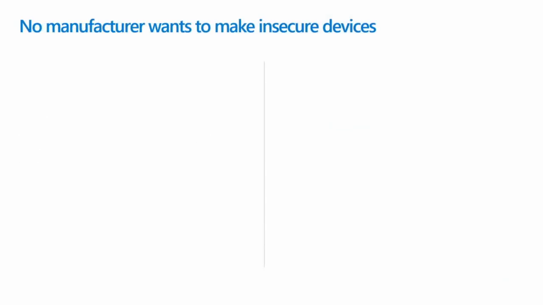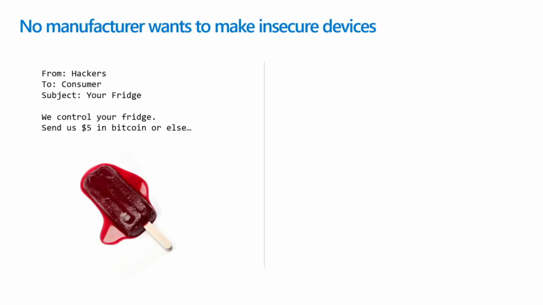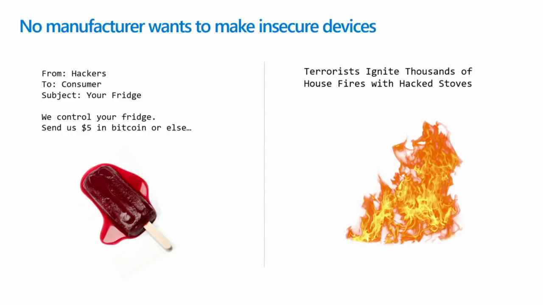Well, the first thing we're going to do is, when we talk about connectivity for major manufacturers, I'm going to beat this dead horse. Imagine that refrigerator. You wake up in the morning, but instead of melted ice cream, you've got a text message on your phone. It says, we've pawned your fridge. Send us Bitcoin, or all your ice cream melts. The more important one, I think, is, you wake up in the morning and 500,000 stoves have blown up.